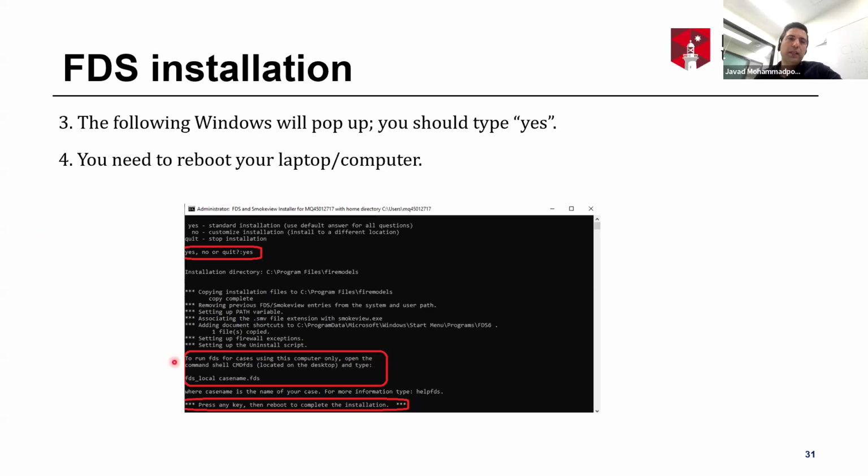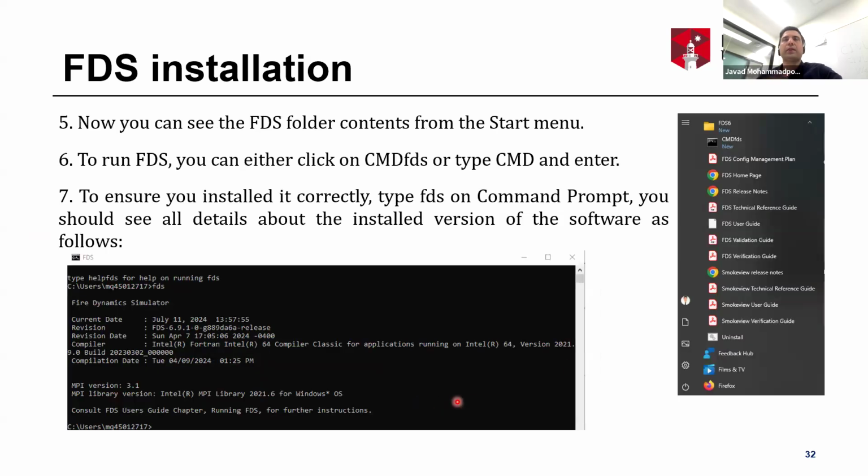So if you see these messages, it means that it's completed. Press any key, then reboot to complete the installation. Without skipping the rebooting, now we have the FDS folder content in the start menu. If you go to the start menu,